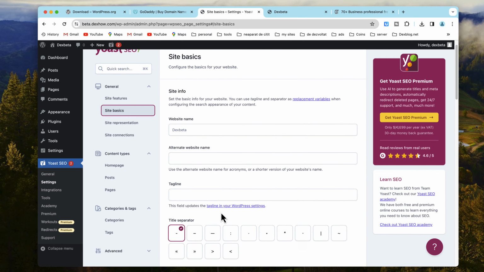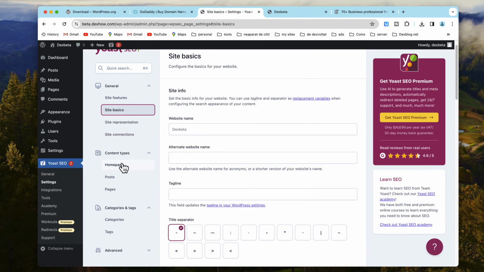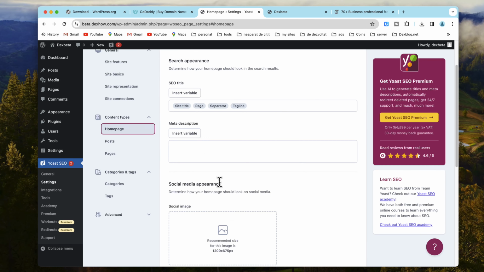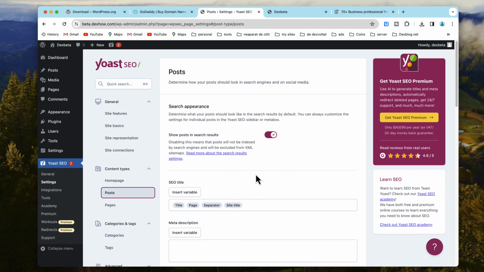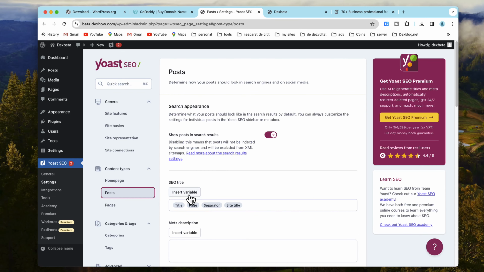Search engine optimization, SEO, is the process of optimizing your website to rank higher in search engine results pages, SERPs. This can help you attract more traffic to your website and improve your chances of converting visitors into customers. WordPress provides a number of built-in SEO features and tools. These features can help you optimize your website's title tags, meta descriptions, and header tags. You can also use WordPress plugins to further optimize your website for search engines.